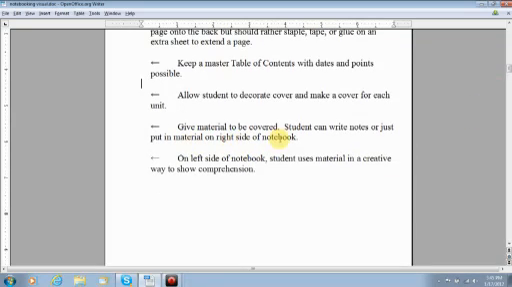Give material to be covered, and the students can write notes or just put that information into the book on the right hand side of the notebook, and then directly across on the left hand side is where the student uses the material in a creative way to show comprehension. So that is the process by which you can